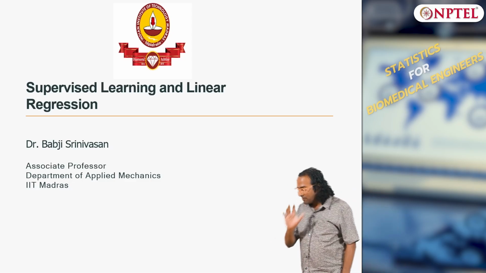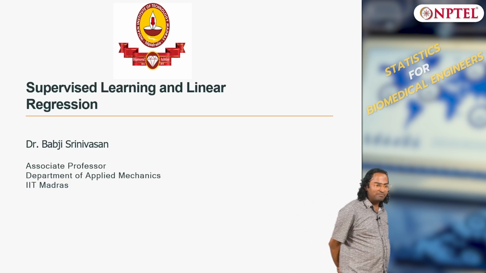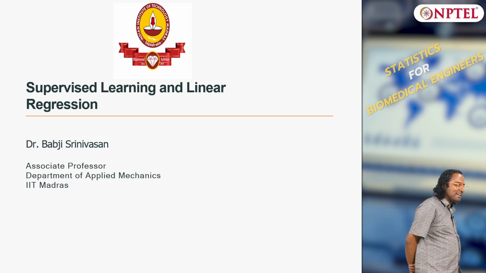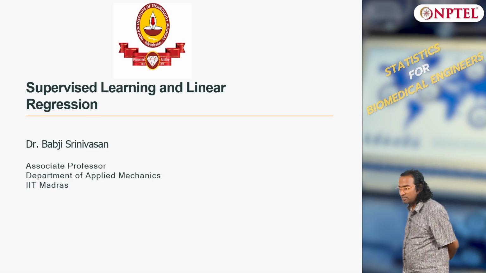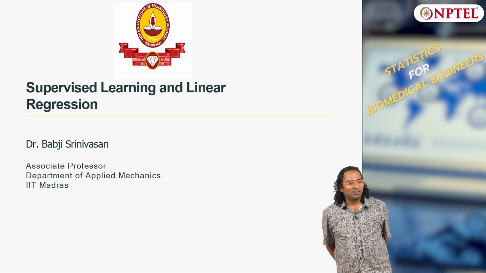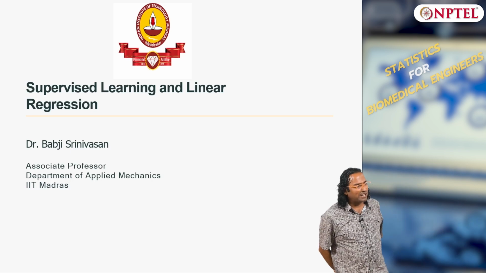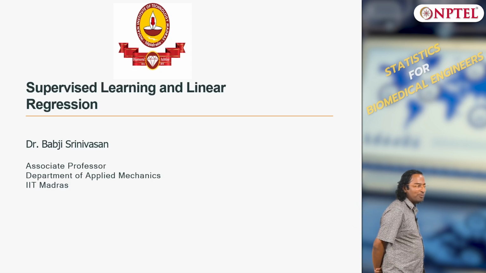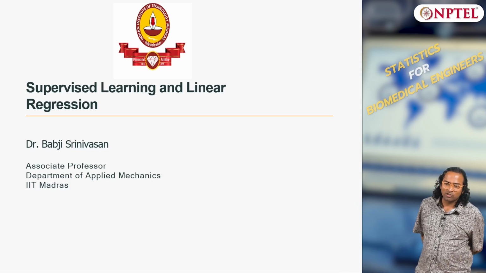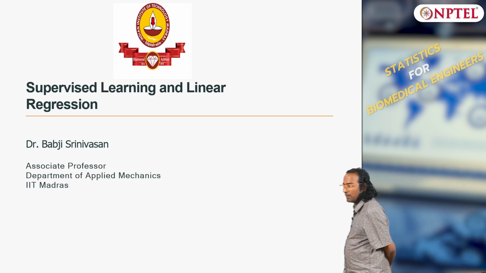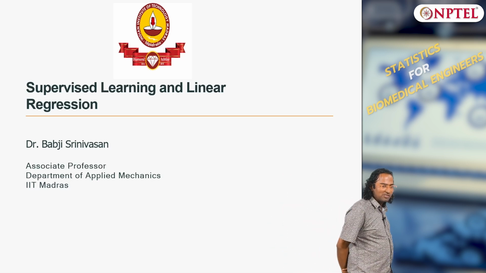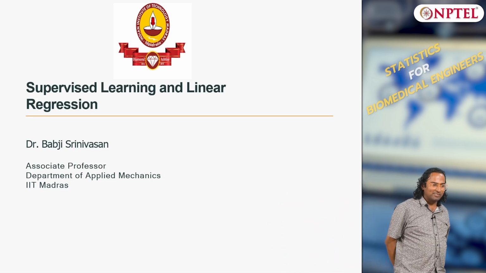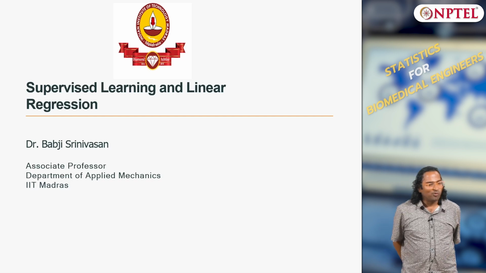So, in the last class we finished ANOVA, if you remember, and in a sense we have started building models. I do not know whether you noticed it, we were starting to write a model for our output data, which is y_ij equals mu plus tau_i plus epsilon_ij. So, we have started building models for our data, okay, and that is where we want to pick it up.